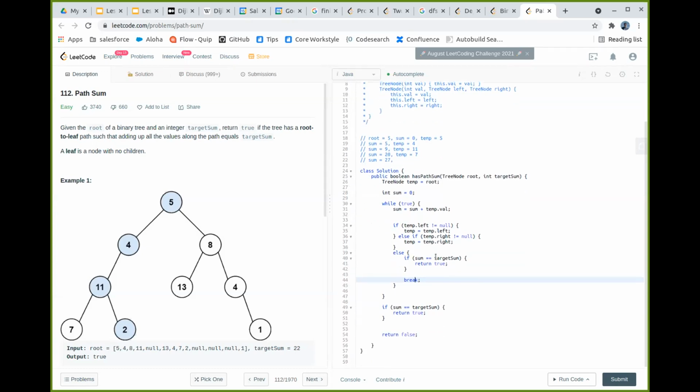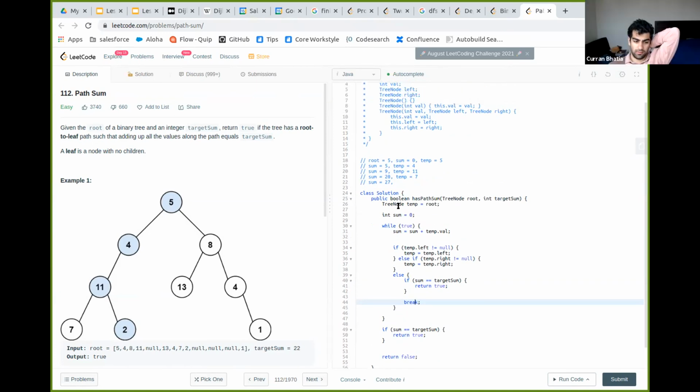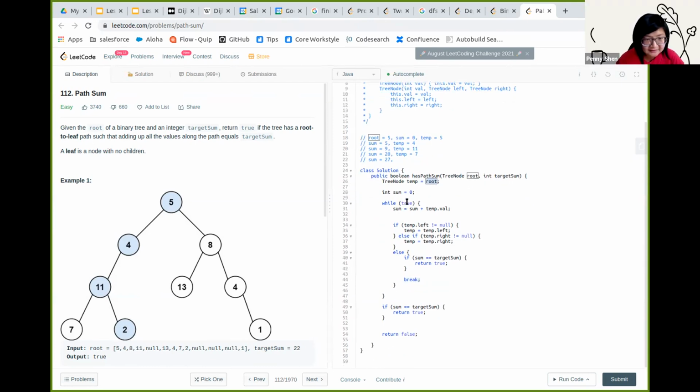I guess subtract, like on the most recently added. Okay. Yeah, most recently added is on the right track, I think.